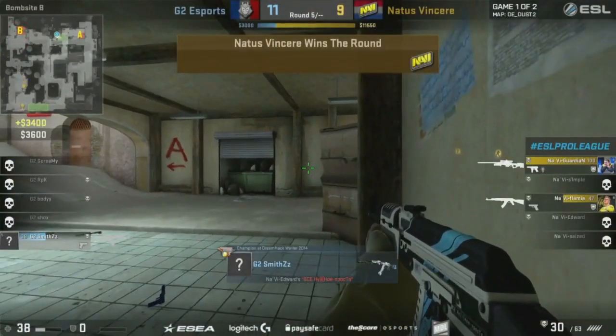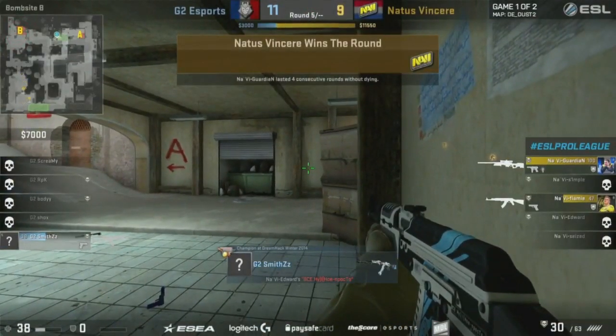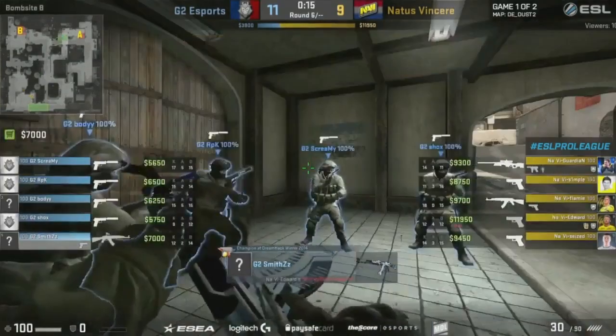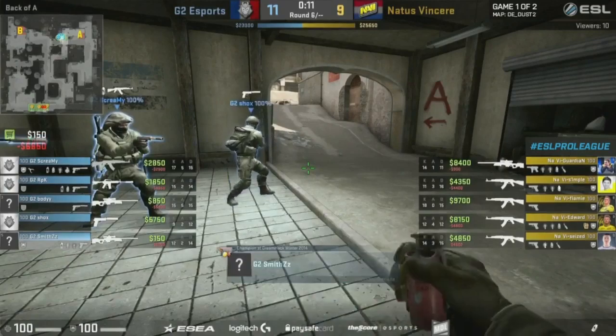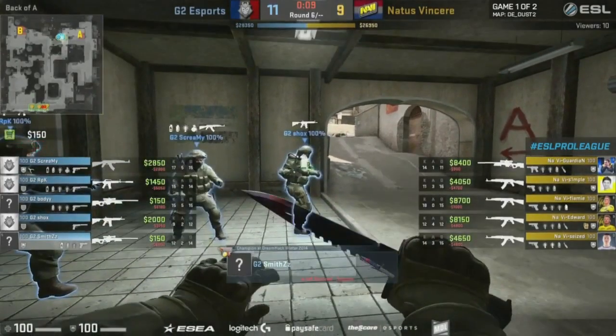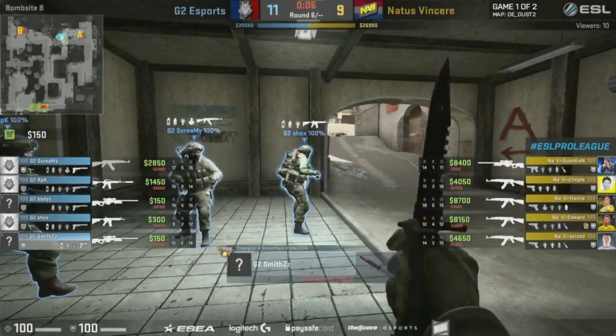That's going to be much welcomed, but also something that has to be considered. Well, for example, if they go double AWP this round, they win the round, they lose the next one, they have definitely not broken the economy of NAVi. And it's so fragile right now. They need to start winning multiple rounds in a row. Double AWPs